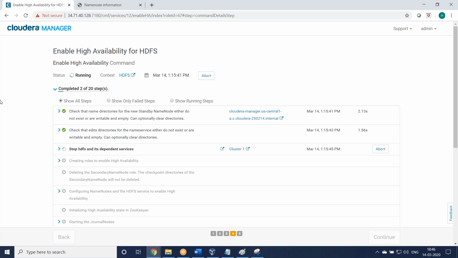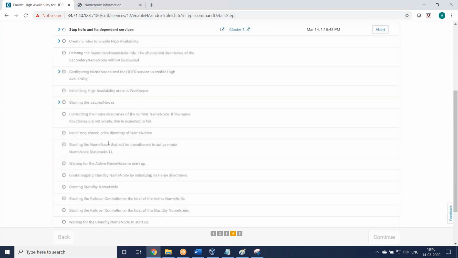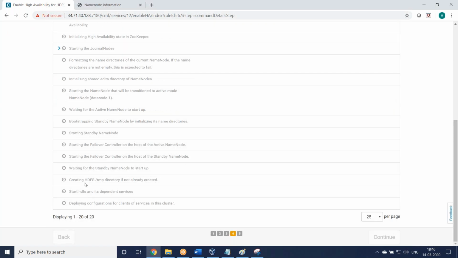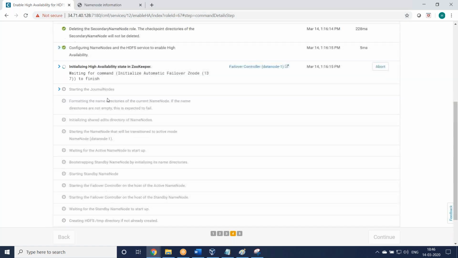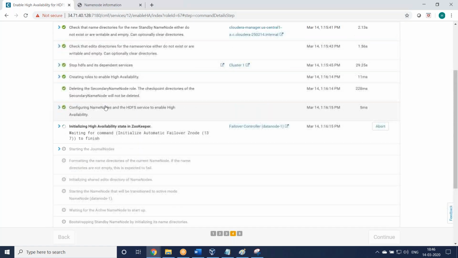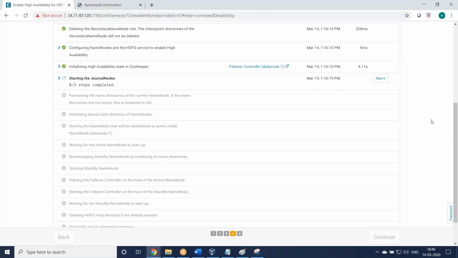Yeah, but the secondary name node will go off, right? Yeah, it is removed once high availability starts. You can see it here. Removing the secondary name node, there will be an option that comes. Yeah, this is better. I don't know why people prefer the existing one. The Hadoop command line is tedious kind of stuff, but this one is very user friendly. But people, enterprises, will prefer the command line very well.